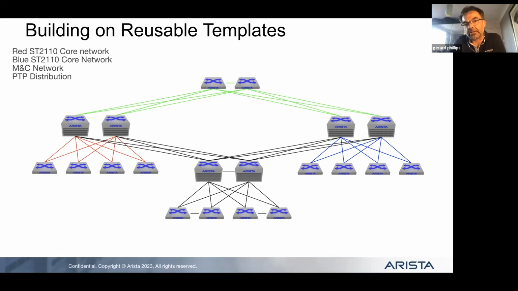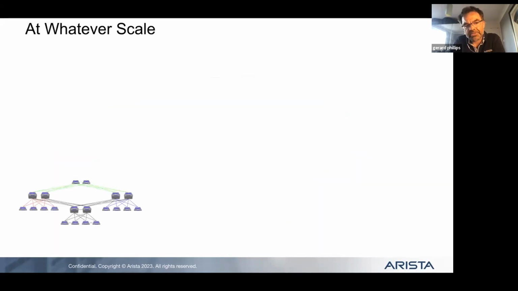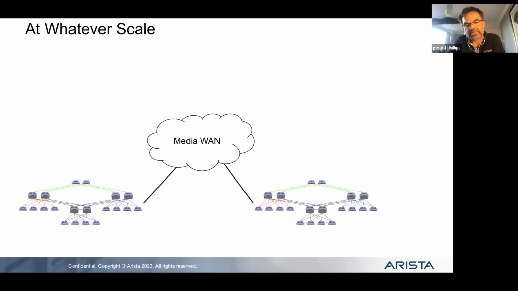Let's see that on a bigger scale, because the thing that happens on a bigger scale is, let's say you've got a data center and you need to add another data center. Well, those data centers are going to look pretty similar, right? Your main and your backup, or your A and your B, whatever it happens to be, they're similar looking things. They're connected together by a big WAN. Let's ignore that one for the time being.